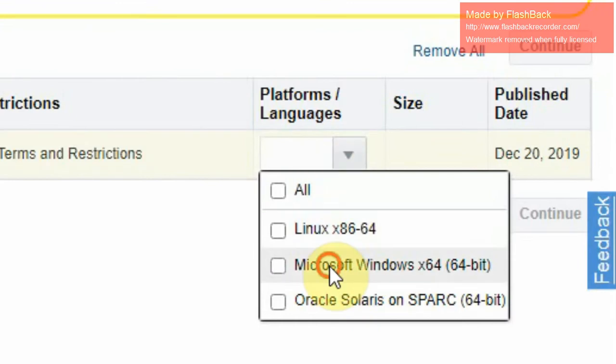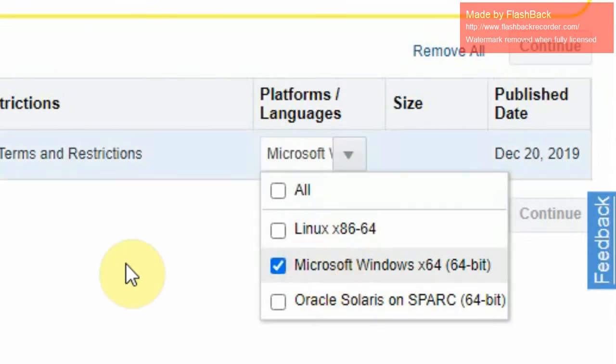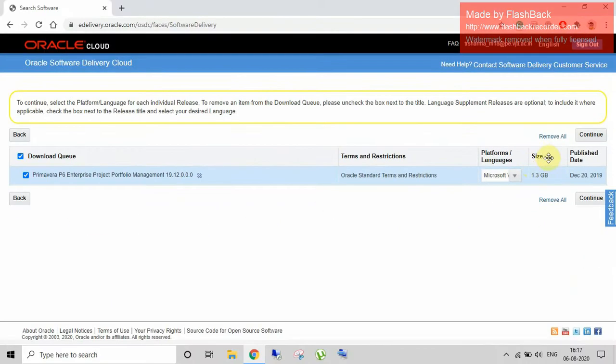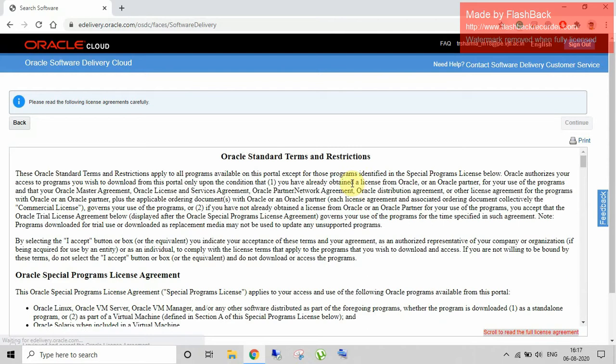So in platform language, select Microsoft Windows 64-bit, click on it and then it will load. The size of the file is about 1.3 GB, which was published on December 20, 2019, and click on continue,